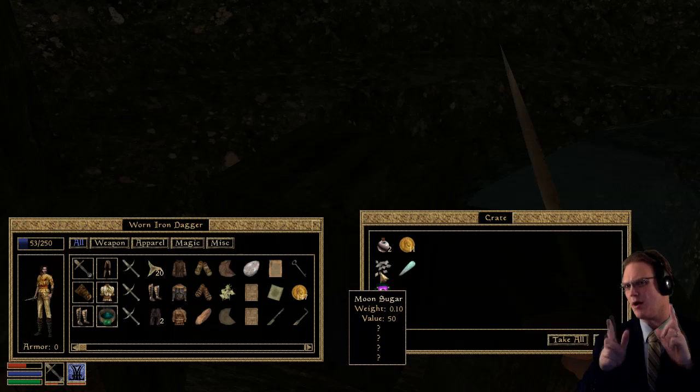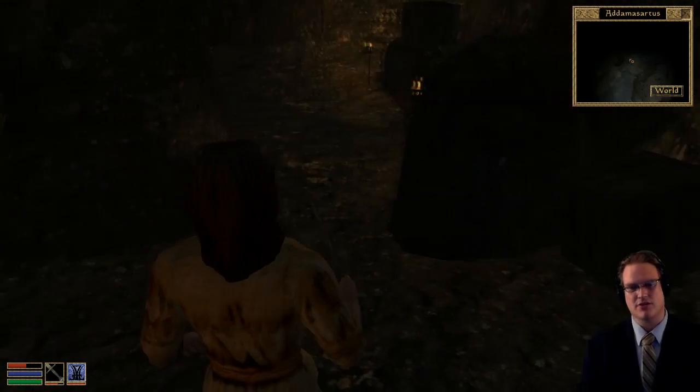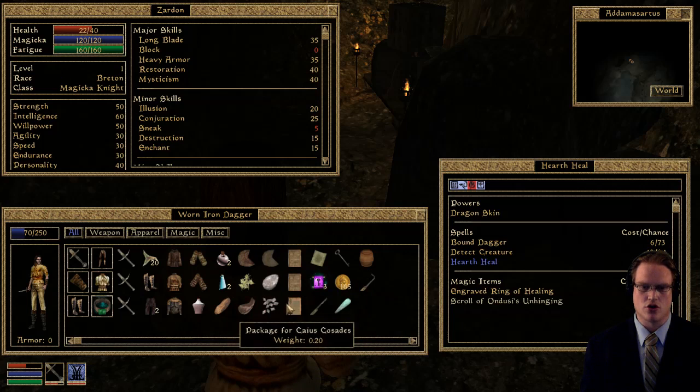The interesting thing about moon sugar and skooma is while you have it on you, the NPC vendors who don't deal in illegal drugs will not deal with you at all. They will literally say, before I deal with you, you've got to get rid of the heat, or you've got to get rid of the illegal stuff. And there really isn't any problem getting rid of the illegal stuff. It's as easy as opening up your inventory, going to the moon sugar,